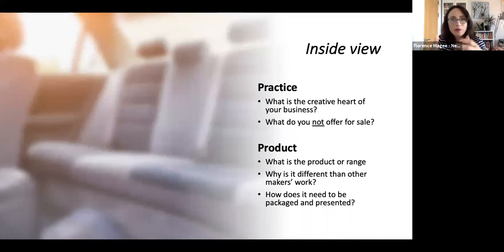So we design, but the product, what is your product? What is the product range? You might be there already. And understanding what makes it different. Again, it might be the product benefits, or it might be the associated benefits that we talked about in value. It might be what they bring to the client in terms of association, in terms of convenience maybe, or I don't know. And then finally, don't forget about presenting the product. It's an integral part of selling. It's the packaging, the presenting, that will be very important, particularly if you sell to retail.